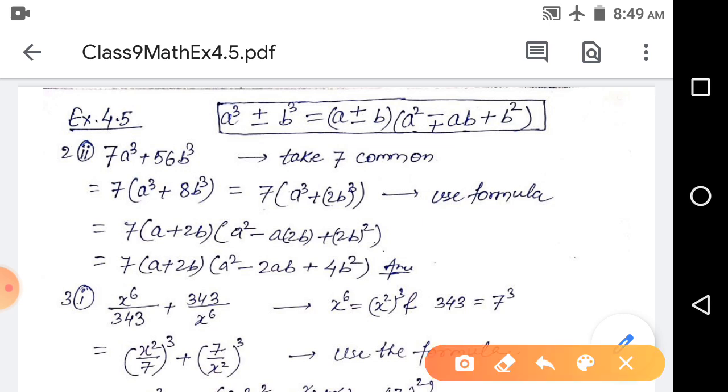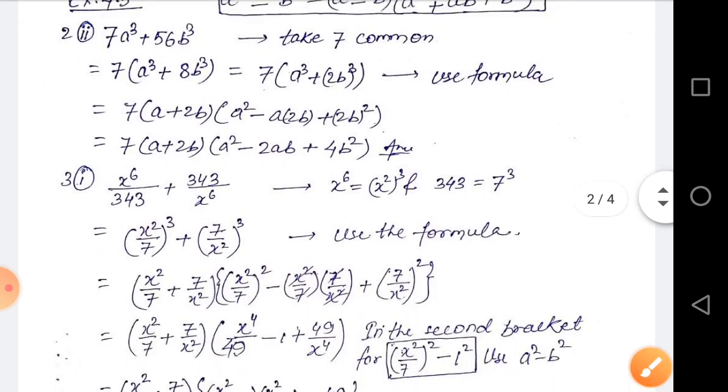Now if we use the formula, it is 7 times a plus 2b, and a square minus a into b, in the place of b it is 2b, and plus b square, in the place of b it is 2b, so that is 2b square. Now again if we write the next line, 7 is there, a plus 2b is there, and a square minus 2ab plus 4b square, and this is the complete factorization. This is the answer. Now come to the next question,